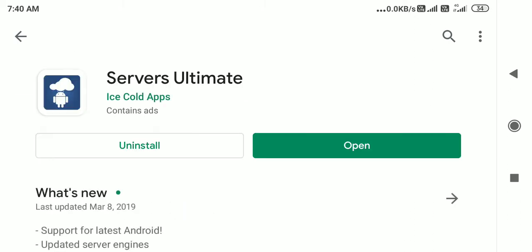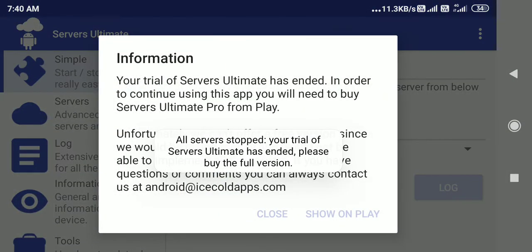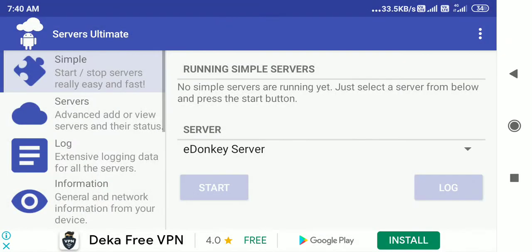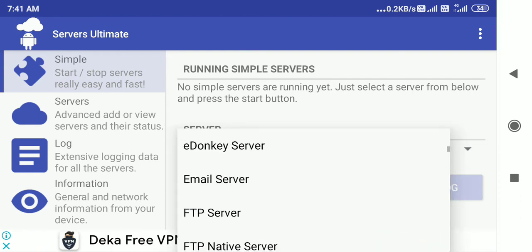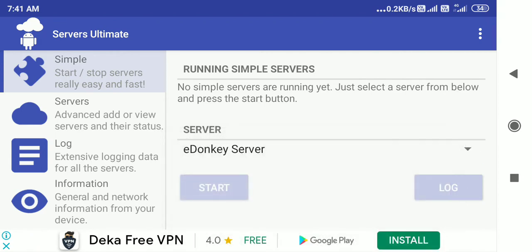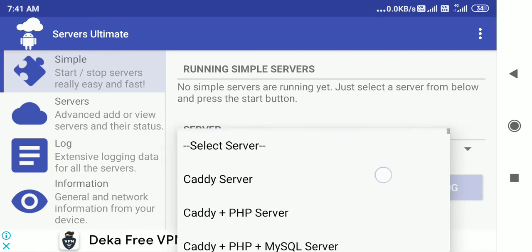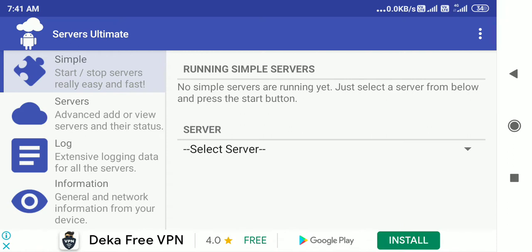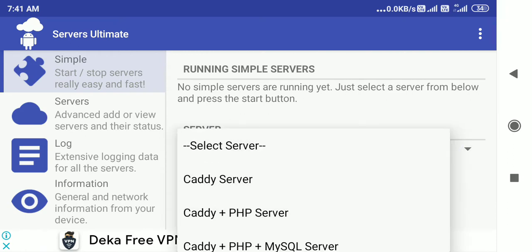Let's see what the service packs are. Now we are going to open it and see what is in there. There are different kinds of service packs in there, but we don't want to see all of those. First thing, you select server, and now you open it. Now, what are the things?